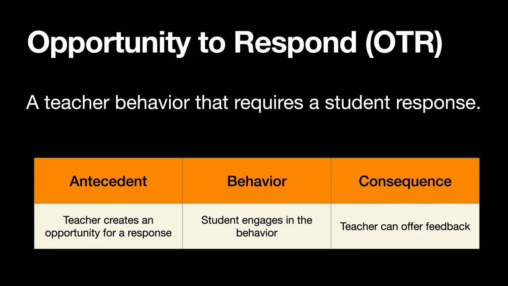Using the ABC model of behavior, antecedent, behavior, consequence, the teacher's action becomes the antecedent or the trigger for a student behavior, and then the teacher can be ready to offer a consequence in the form of feedback, which will help shape whether or not the student continues to respond in the same way to the teacher moving forward. It's kind of setting up the student to get a reward. If they do like you ask, they will get a reward in the form of praise or points or a handshake or a high five or something that makes them feel like they're participating. And we want to have as many opportunities for that as possible. That's what keeps kids engaged.